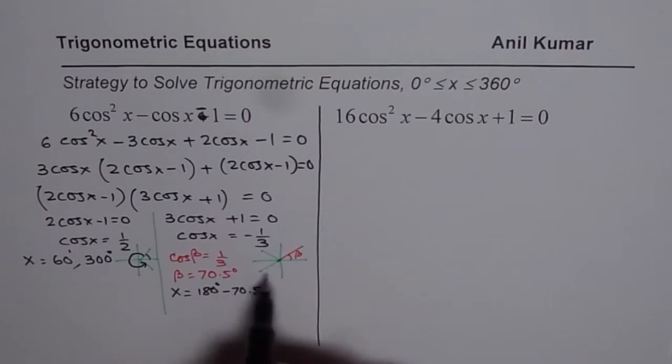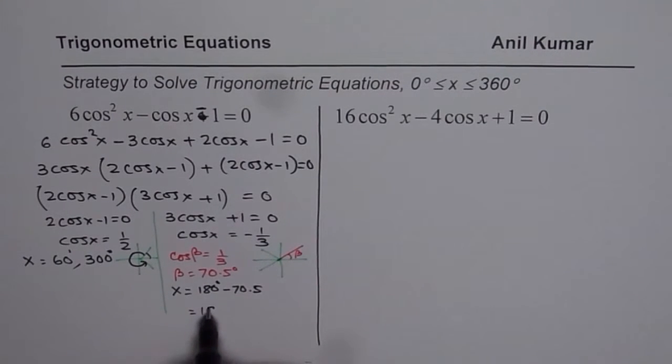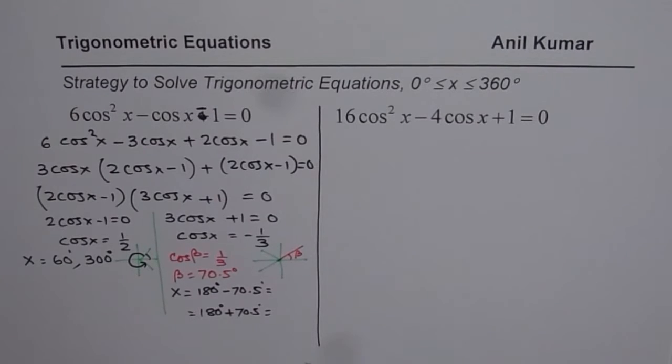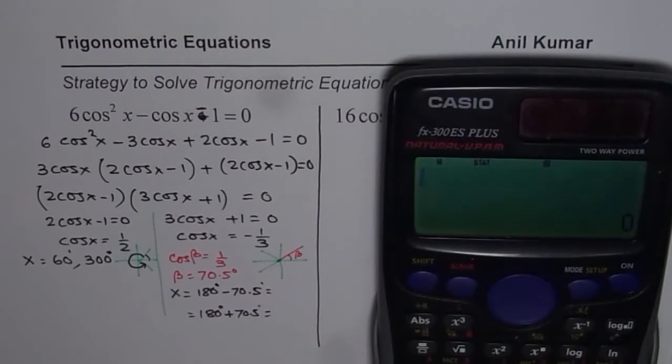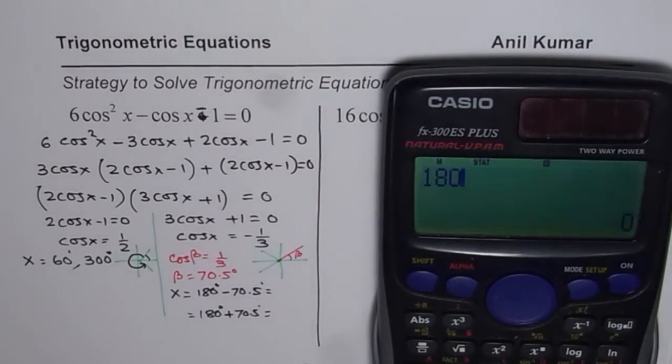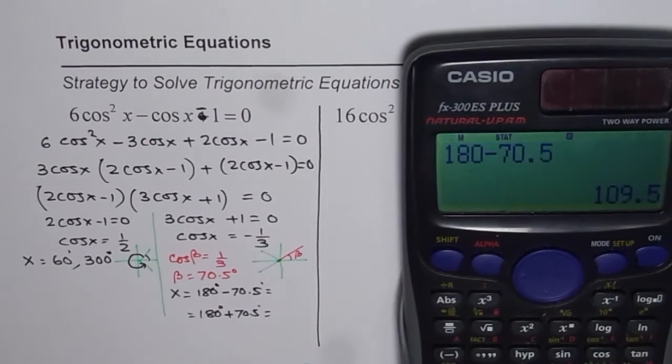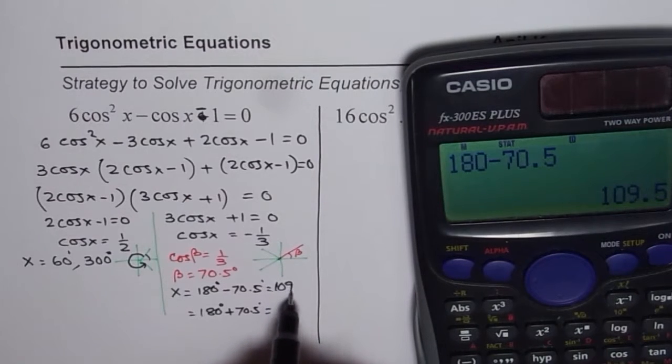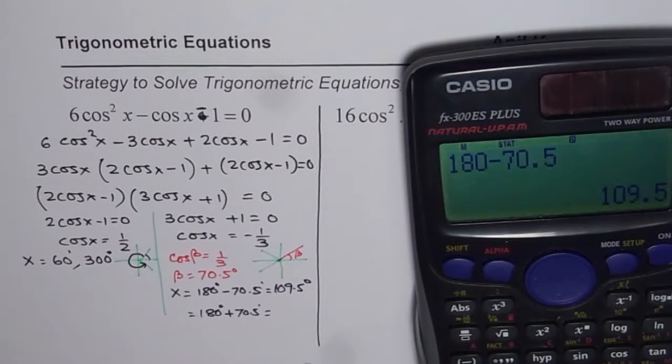And if you are in quadrant 3, then your angle is 180 degrees plus 70.5 degrees. So you get these two solutions, right? So let's find what these solutions are. 180 minus 70.5, 109.5 is one solution, and the other one is 180 plus 70.5, and that is